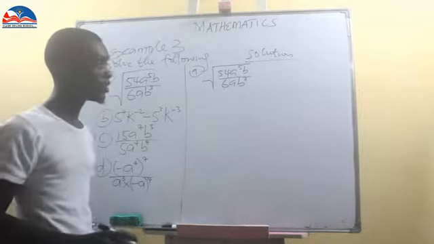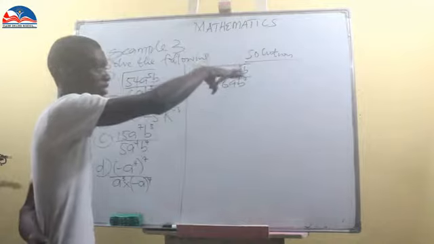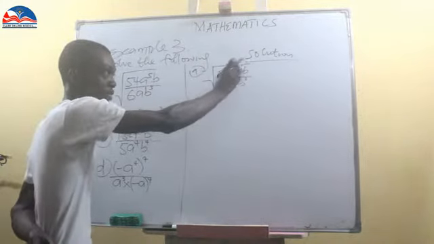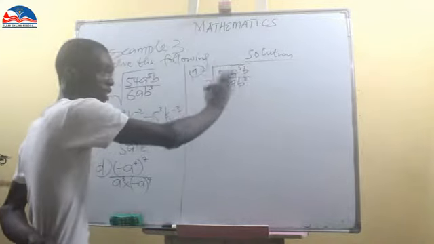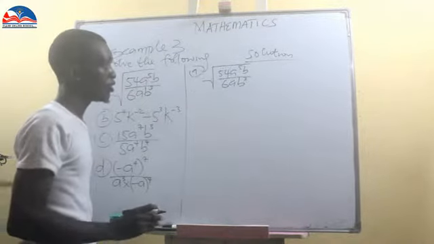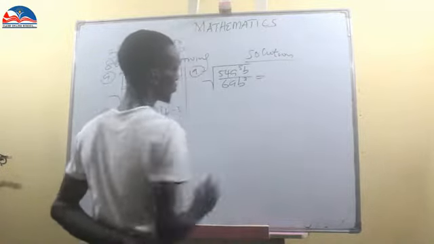So the first thing you do is, this root is governing this whole expression. So what you do is that you say it is equal to,